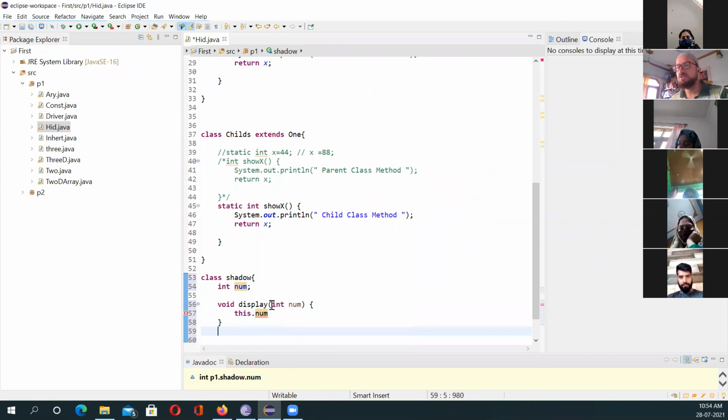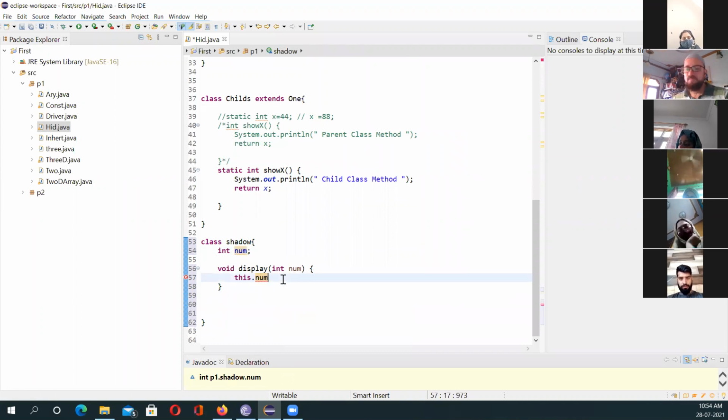This is called shadowing. Now if I use this, I can use this dot num to access it. If I say num in this method, the local variable will shadow the instance variable. This is called shadowing. Next is, after shadowing, there is one thing called obscuring. In obscuring, what we do is, if you create some instance variable same as that of a class, say for example you have here